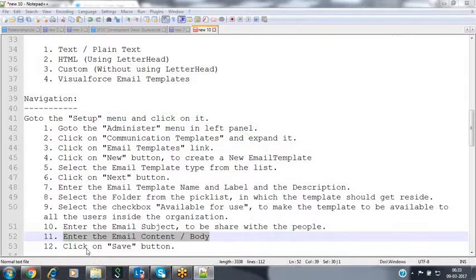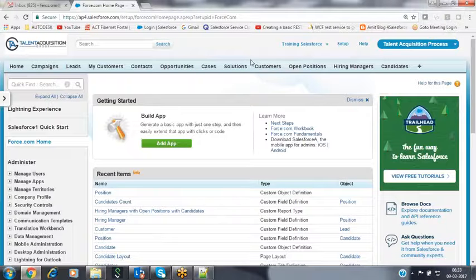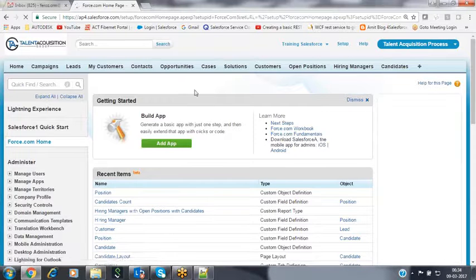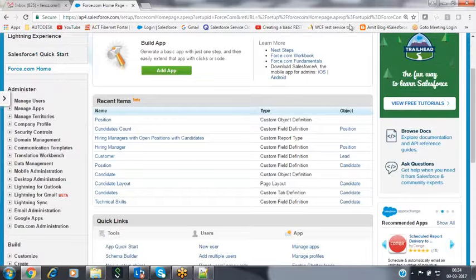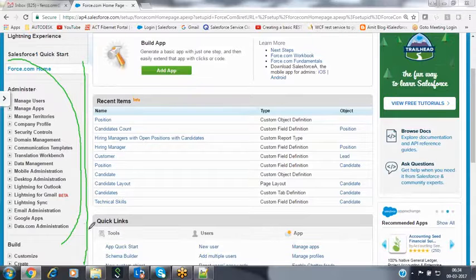Now let's go to your Salesforce instance. So now I'm having my Salesforce instance that you are already aware of, which we have been using for a long time for our sessions. Now let's go to this navigation process. Click on that setup menu on the top right corner. It is loading all the setup options which are used to configure your Salesforce instance. Go to the left panel. We are having this left panel. So this left panel is available to you here. In this left panel, go to the administer menu.